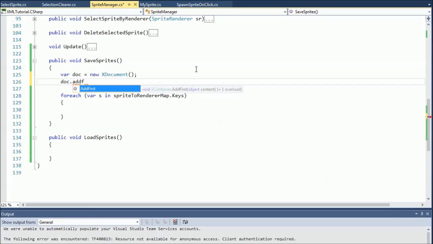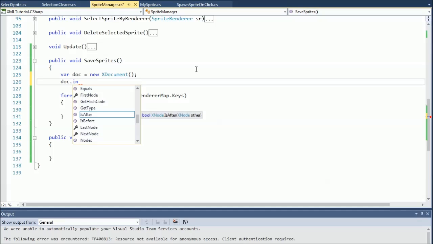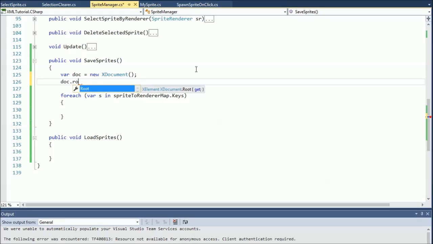What does add first do? I don't know what add first does. Actually, I haven't done saving with XML Linq before. So let me